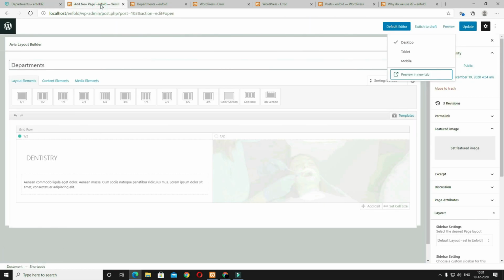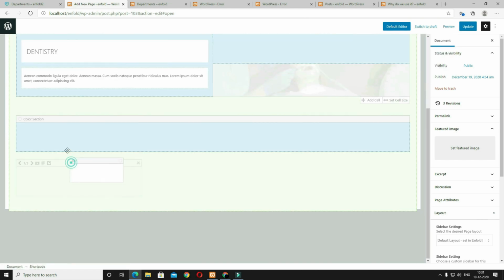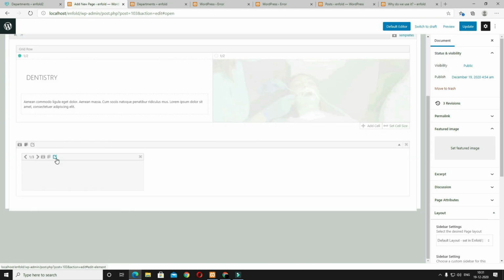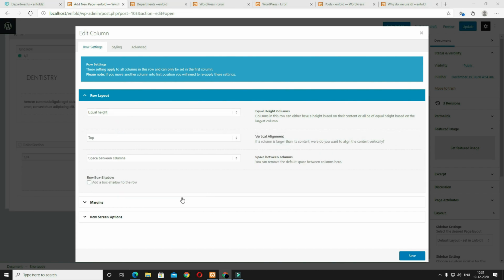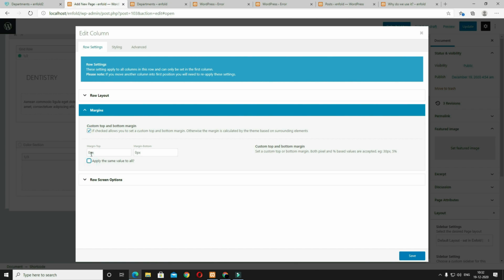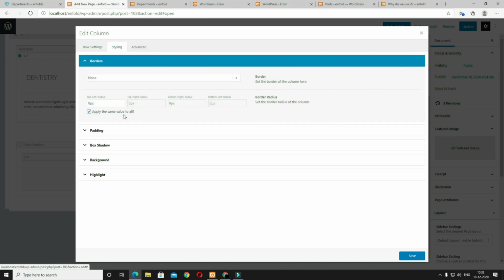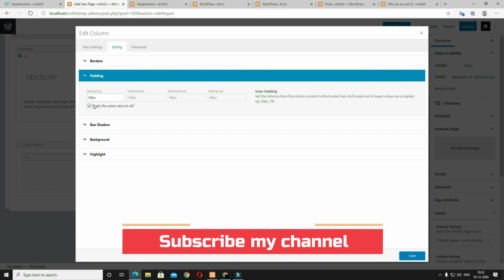After that, I have to design this icon box. So let's come back to the main page. I'm taking a color section. After that, click on this one-third option, drag and drop this inside the color section, and clone it 2 more times because I need a total of 3 columns. So click on this clone option. After that, click on this edit cell option for the first column, make it equal height. Let's come back to the margin, check this, and after that uncheck it and make it -200 pixel. Now come back to the style option, come back to the padding, make it 40 pixel padding from all sides.